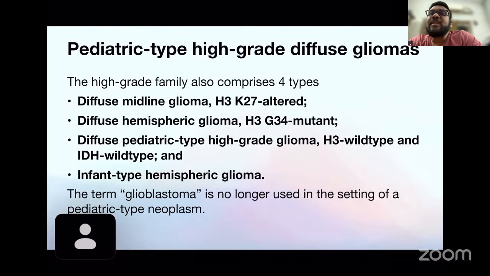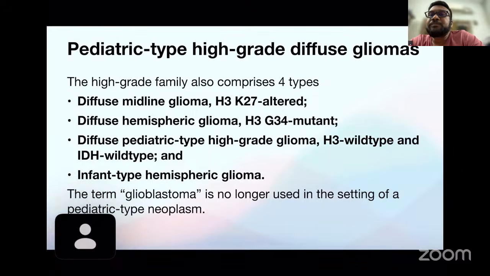Then when you take the pediatric type diffuse high-grade gliomas, you have the diffuse midline glioma, that is the H3 K27 altered, diffuse hemispheric glioma, that is the H3 G34 mutant, diffuse pediatric type high-grade glioma, H3 wild type and IDH wild type. And of course, the last one is the infant type hemispheric glioma. The term glioblastoma is no longer used in the setting of pediatric type neoplasm. This is very important. So for diffuse high-grade gliomas, pediatric type, there is no more use of the term